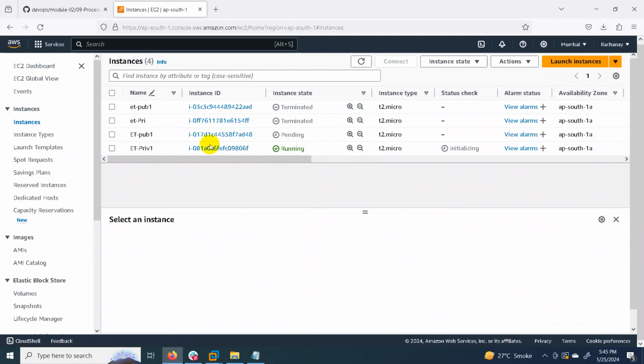Let's just check the details. We are running but initializing.